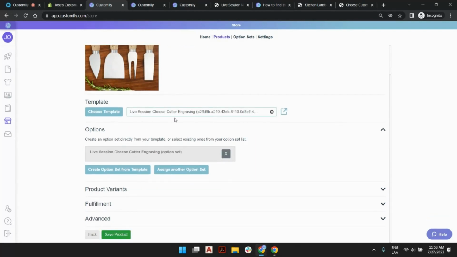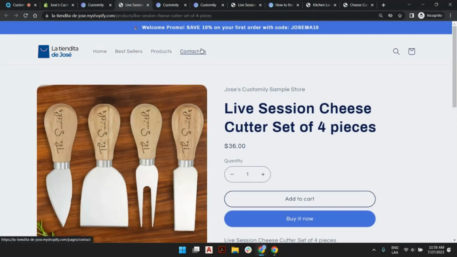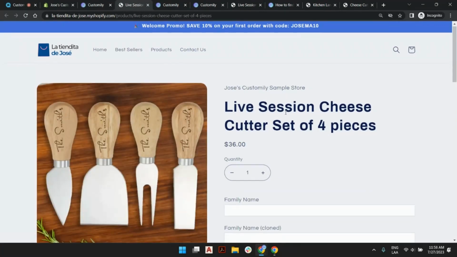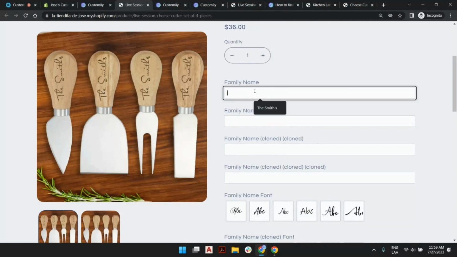Let's save that. And you can click on the eye icon to preview your new product. It's the same product I had before, the one that I created, but check out this. Now I'm loading options. Actually, I'm loading a lot of options. Don't get scared. We can simplify that. But basically, I have the family name,